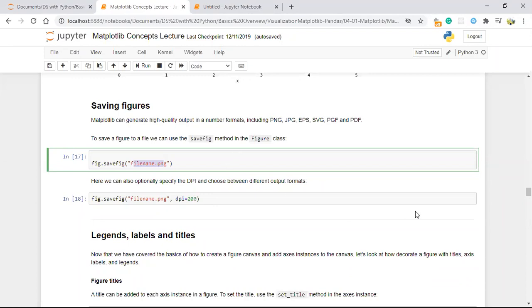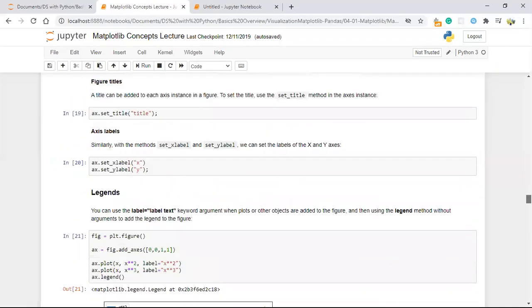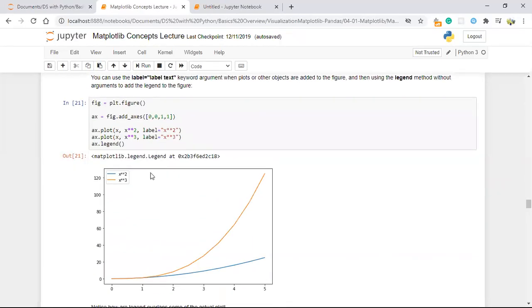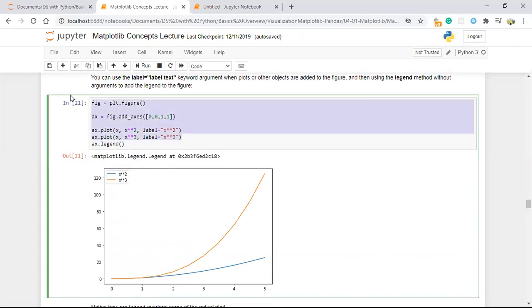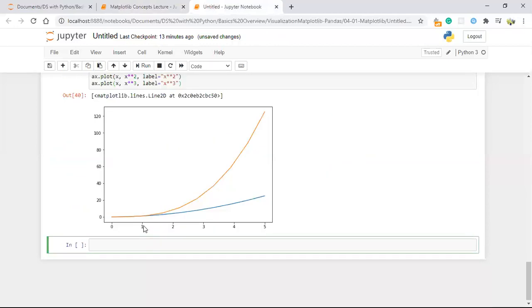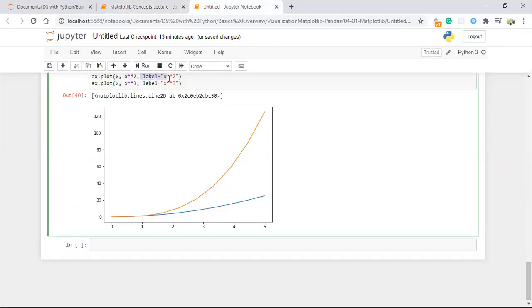The next thing is we'll go ahead with the legends. This is what your legend is. First I'm going to plot this, so you have a graph like this. Here you have a label.